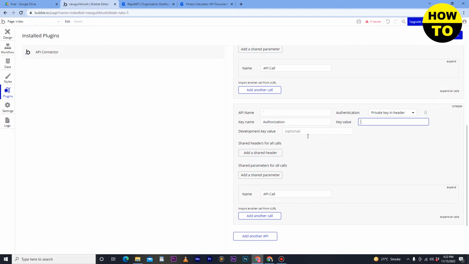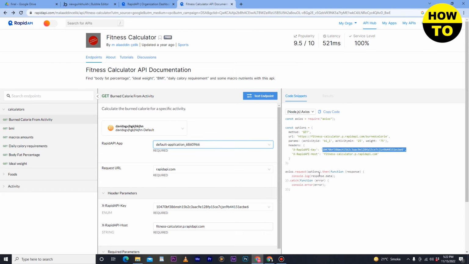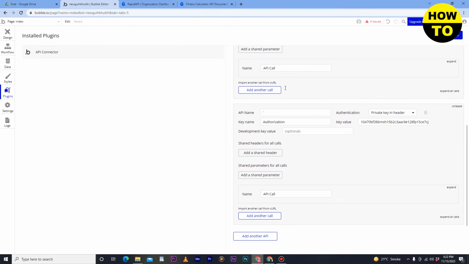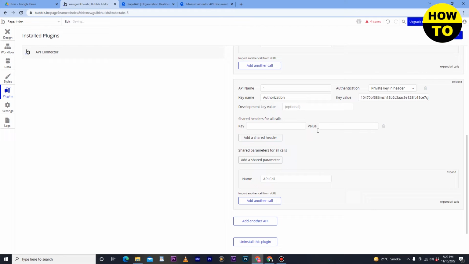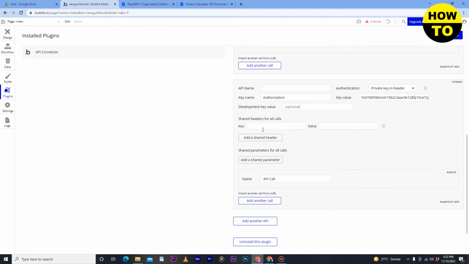So now we have pasted the key. Here you can also add the development key value if you want, in addition. Now again go back and here add a share header. Simply go here, select this one, go back and paste it here. Here you can also add the value